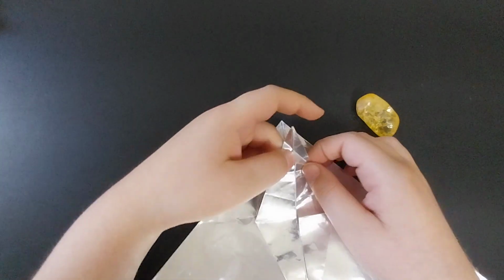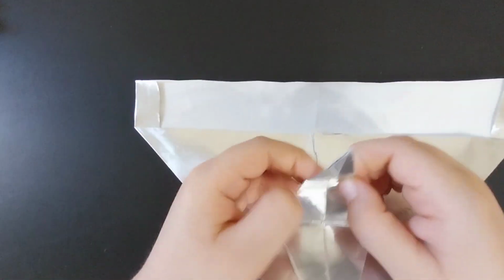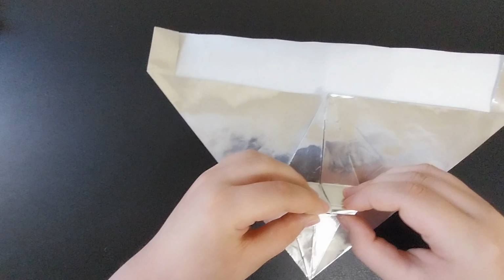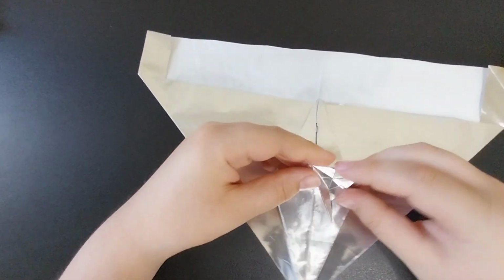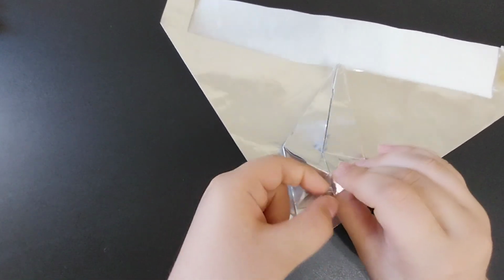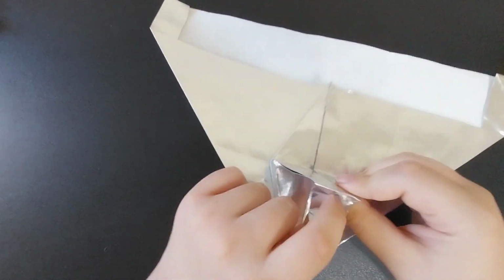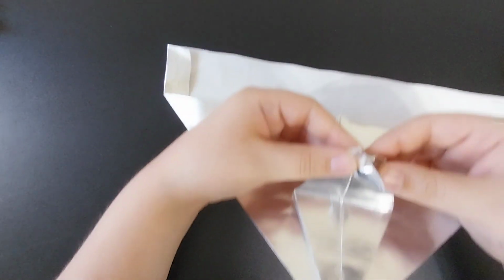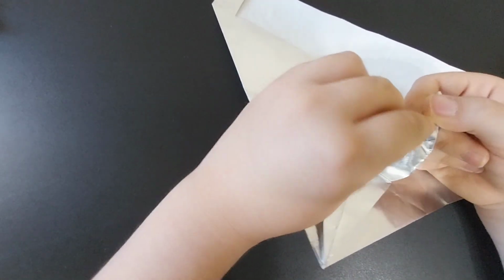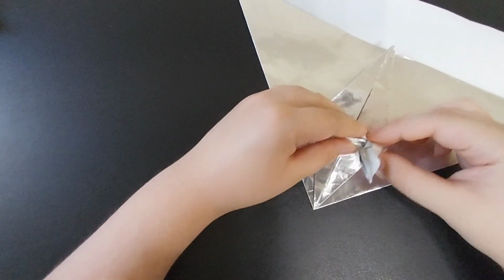Next, using the creases you made, you're going to first rotate the paper to make it easier, if you want to, and mountain fold the tip behind, and just separate the layers. Like that, and using these creases, making sure they're mountain folds,